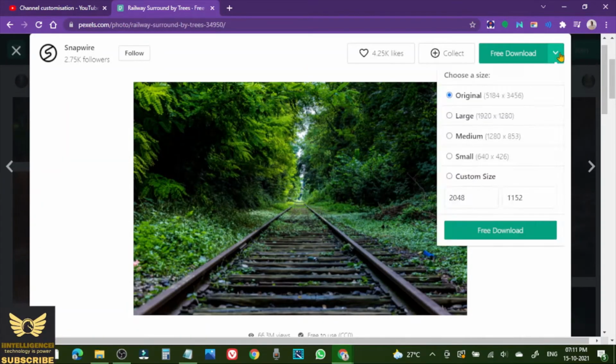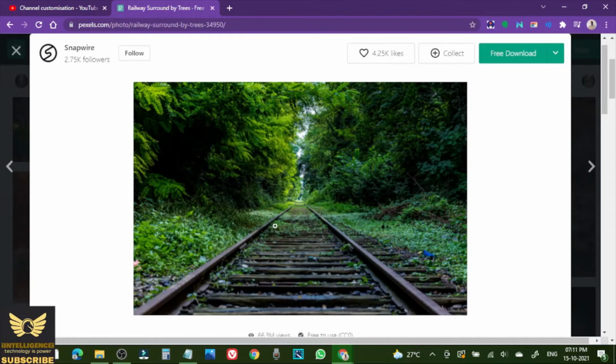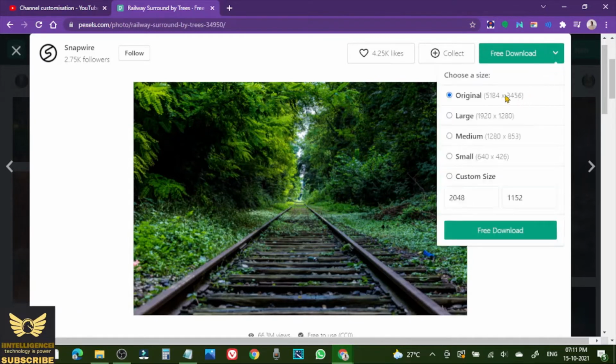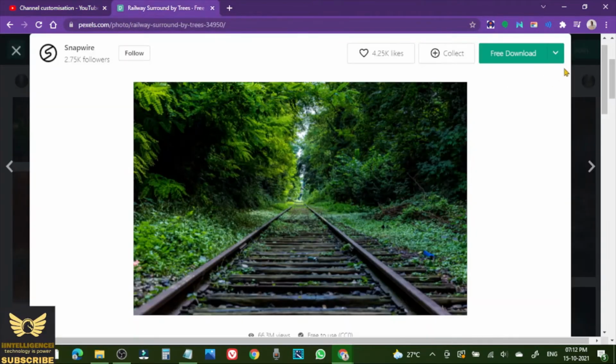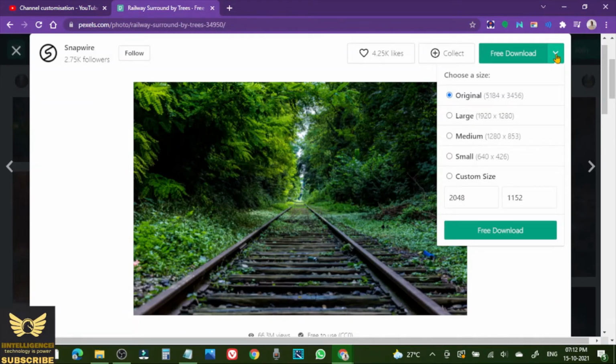This down arrow button. Then actually when you try to download this image, this original image is of pixel size 5184 into 3456. Actually what you require is 2048 into 1152 pixels.